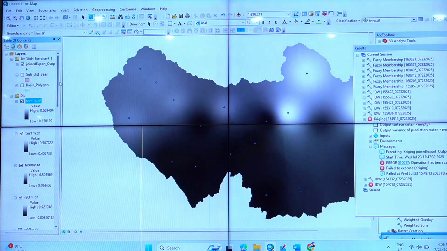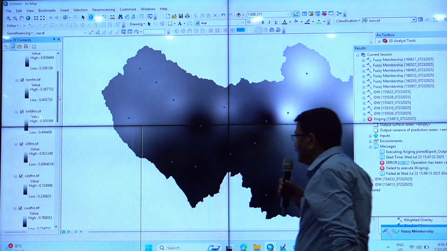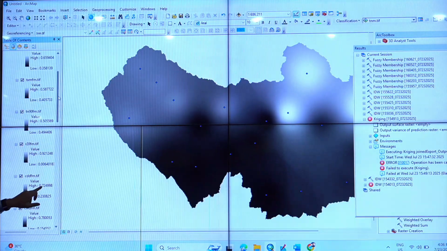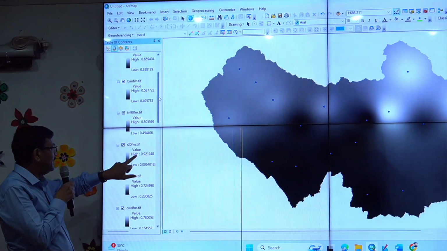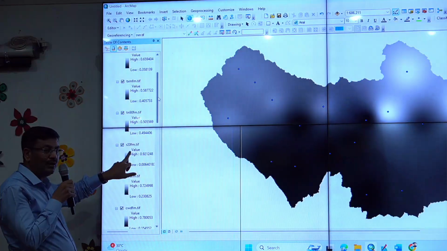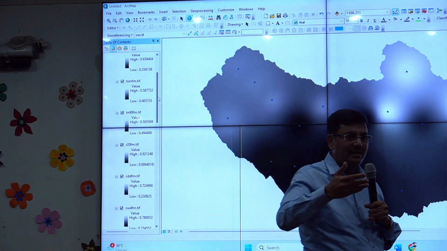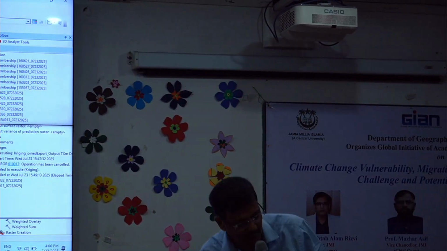We have made, and you see here, for all the layers you will have a value ranging from 0 to 1. Not below 0, not more than 1. Now see here, the value 0.7 is showing lighter, and the highest value 0.9 shows lighter. So you can invert it, you can change it, or you can leave it as it is. It's up to you.